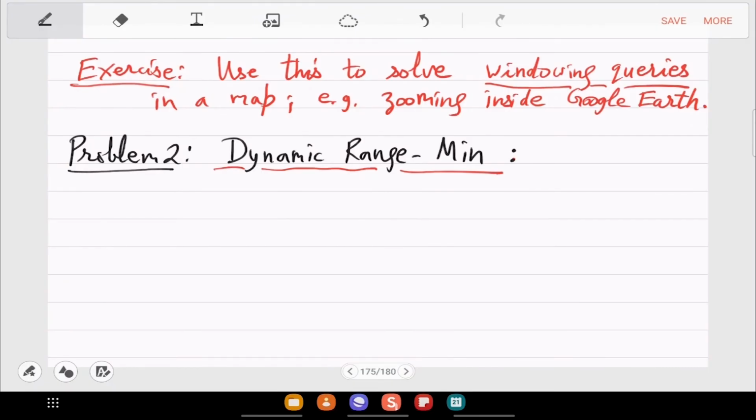Range minimum you have seen before, and you also saw a data structure which was what size? For an array of n, it was n log n, right? It was storing, somehow, the minimum of powers of 2 size subarrays.